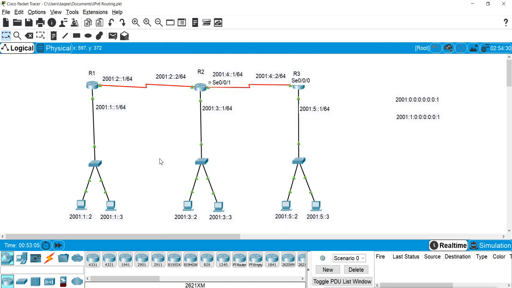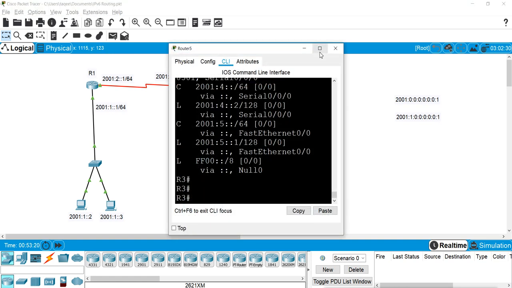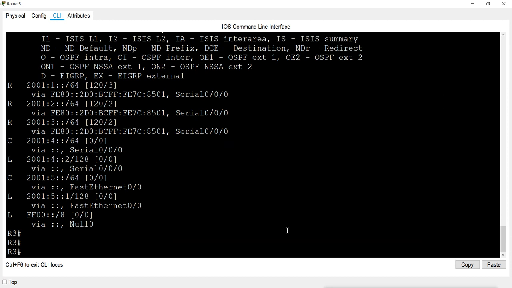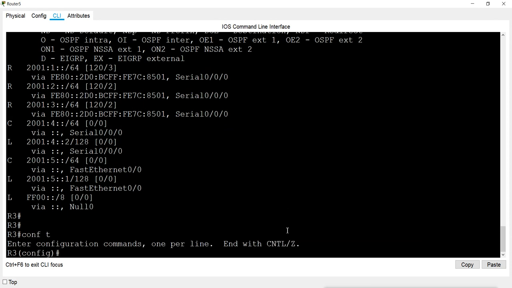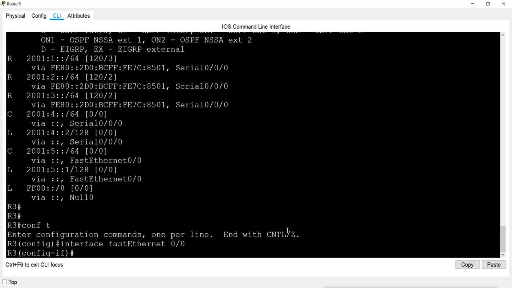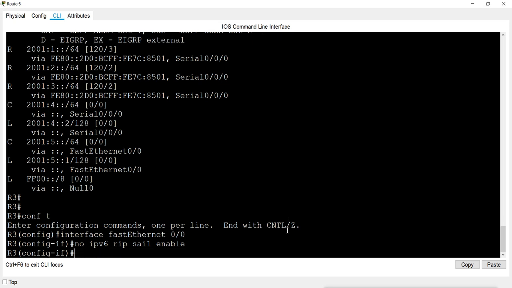Now to remove this RIP, since it is dynamic, it is very easy. Just like we assign it, we can remove it. We can just put the no command before the routing command. So very simple. First we enabled it on these interfaces. If we want to remove it from those interfaces, then we have to give the no command on those interfaces. Like I will go to this FastEthernet, and I used this command to enable it, so I will put no before the command and it will remove it from there.